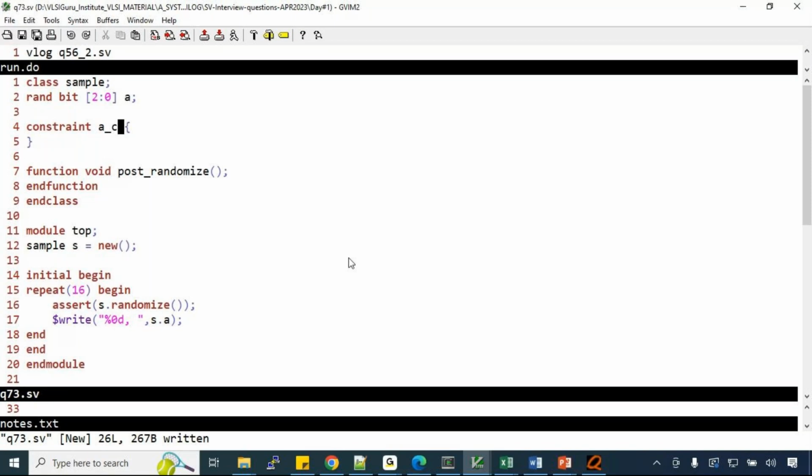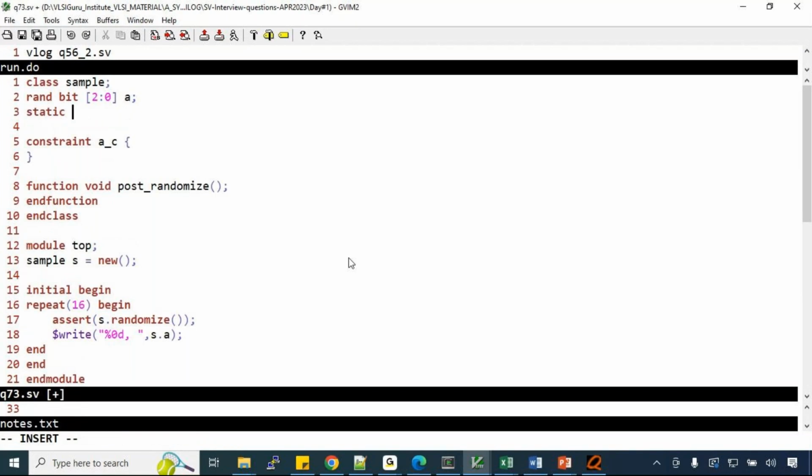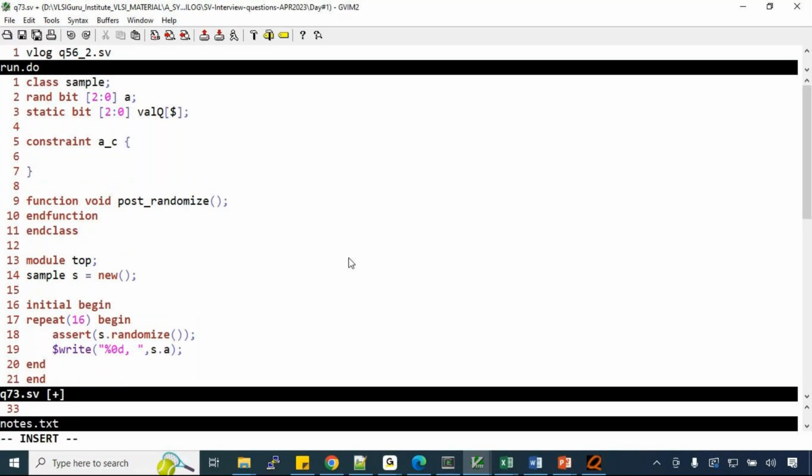What should I do here? Every time I generate a variable, I can make it static. Static bit 2 down to 0 value q dollar. I'm maintaining a queue of values. Every time I generate, what I will tell is A